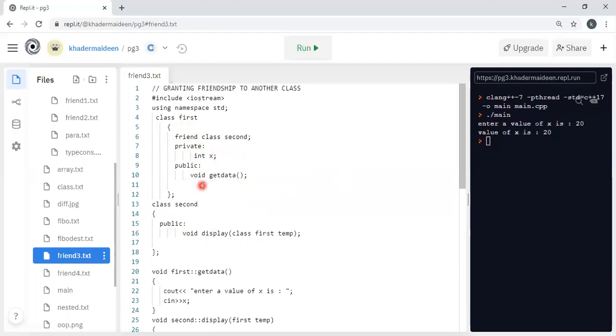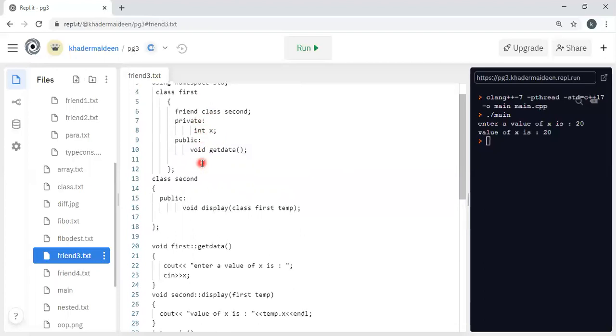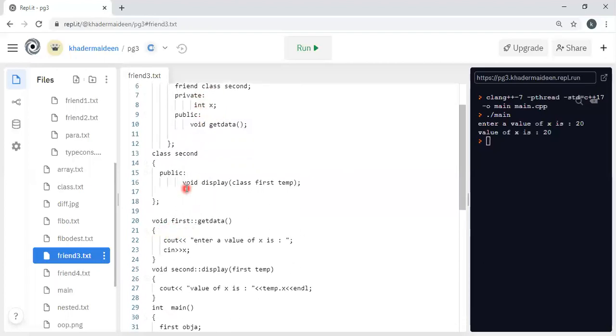Here I'm using only void get data. Then class second, public void display. Now this display is a member function of the second, and this can access the data member of the class first.